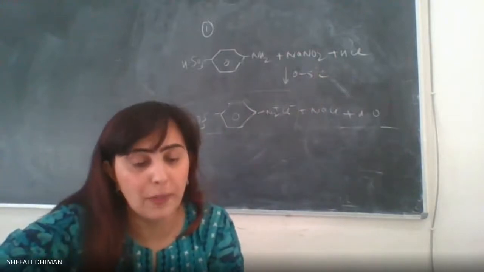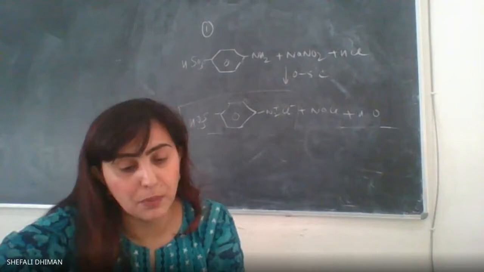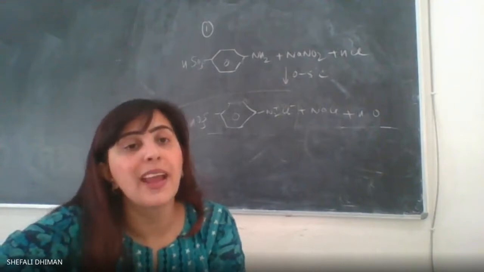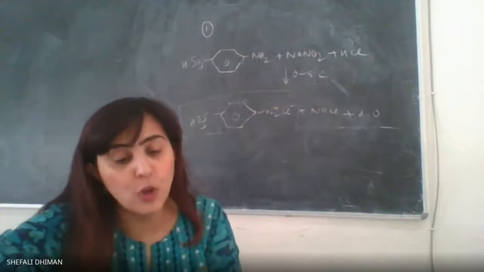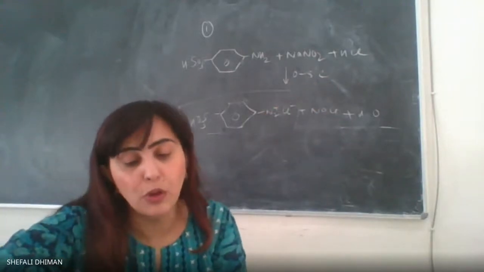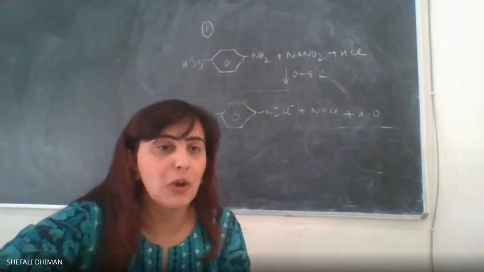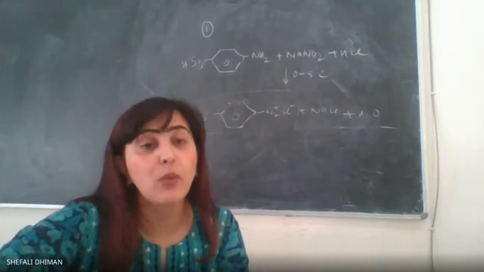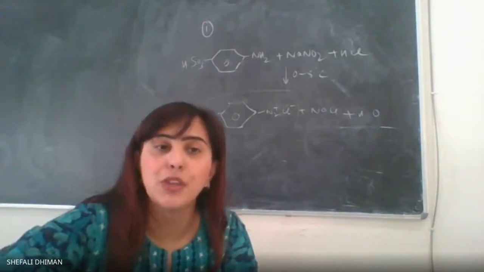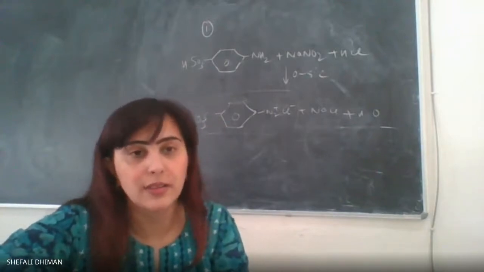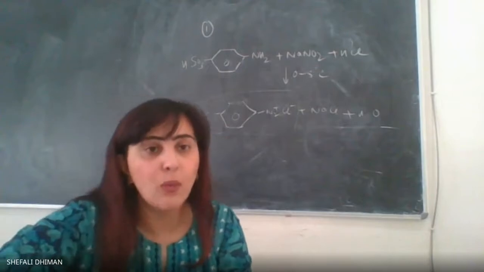So the chemicals required would be the sulfanilic acid, dimethylaniline for the coupling reaction, anhydrous sodium carbonate, sodium nitrite, concentrated HCl, dilute HCl, sodium chloride, and 10% NaOH solution. I'll tell you what is the requirement. Why are these chemicals used? They're not a part of the reaction, but still they have to be used, as we will discuss in the procedure. So let us see what the procedure is.